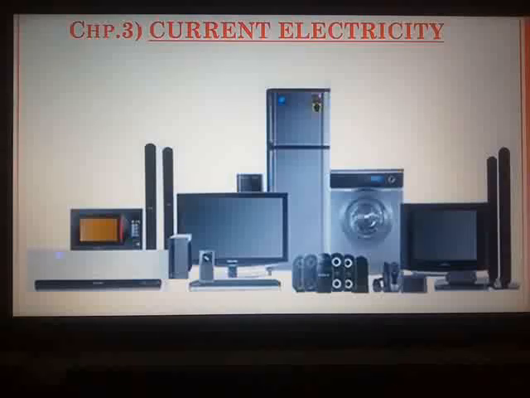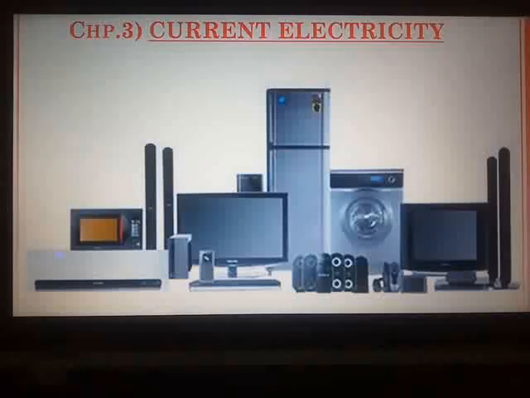And for the generation of electricity, you all know water which is stored in a dam is released from the dam at a higher level, and because of gravity it falls to a lower level. In the last chapter, work and energy, in the topic of transformation of energy, we have studied about it. So based on it, we are going to study a new concept from current electricity.